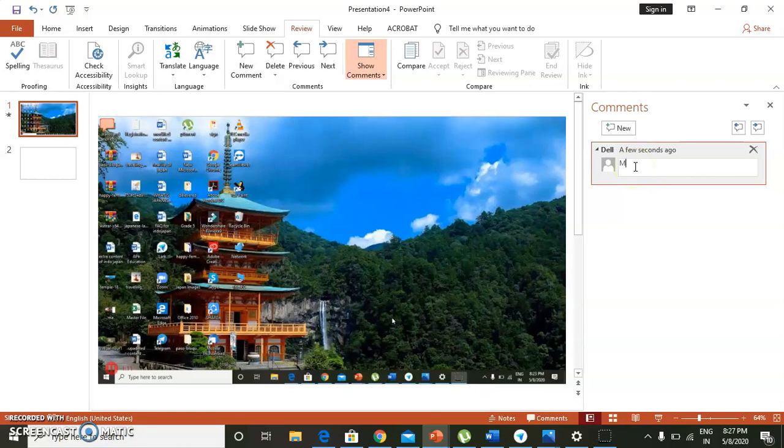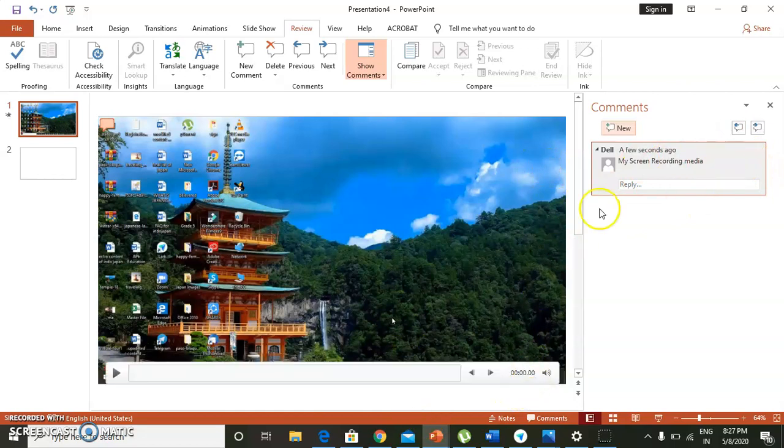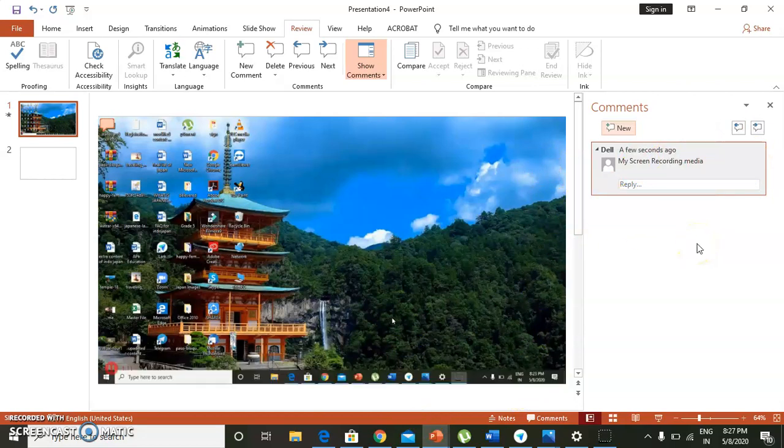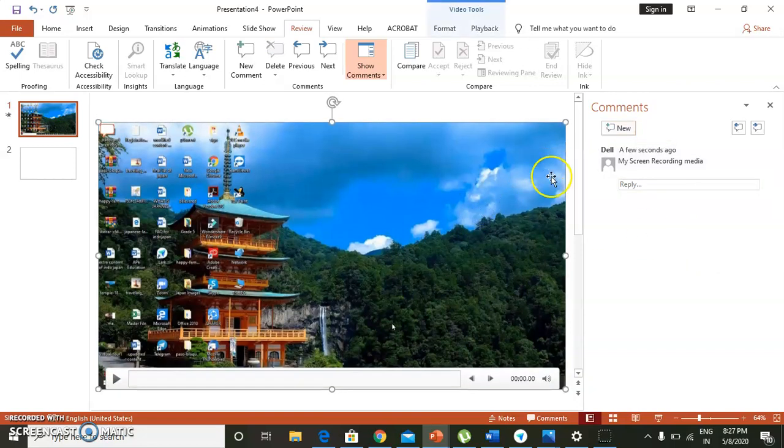Now you can see this is a comment which is appear here. Now you can see this is a comment icon.